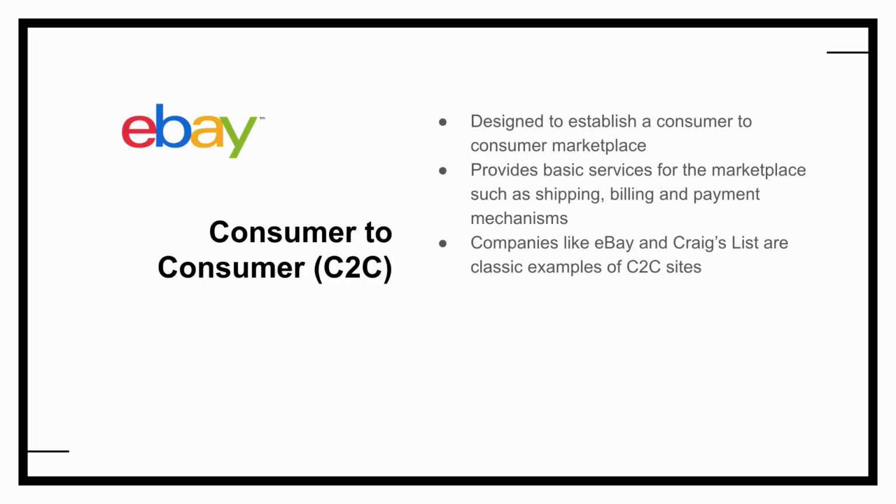The billing and payment mechanisms are also built in, so that when you get paid from eBay, they take their cut of the transaction and they pay you in some kind of electronic way, most typically through PayPal. So that's an example of C2C commerce, and probably the one that a lot of people venture into is either a side gig or even a full-time job, trying to set up their own marketplace on something like eBay or perhaps even Shopify. So these are consumer to consumer marketplaces, and that's another bucket of these e-commerce types. So let's go ahead and look at the next e-commerce model.